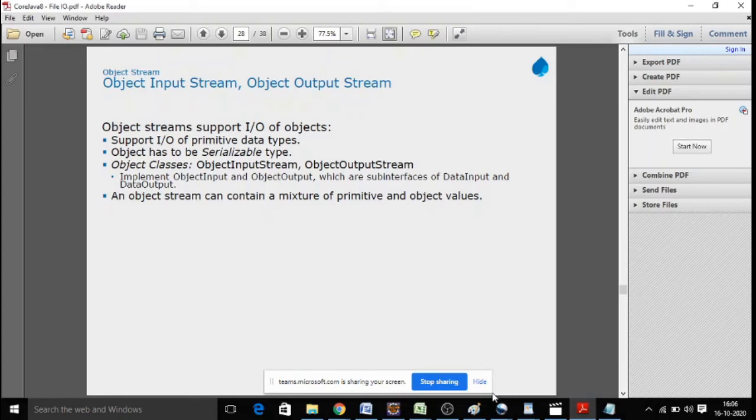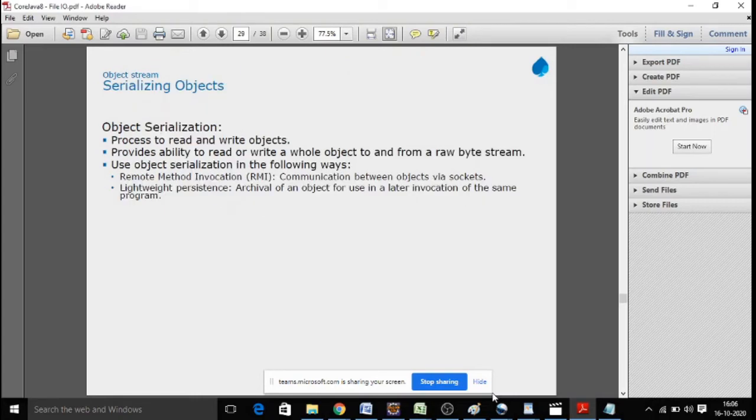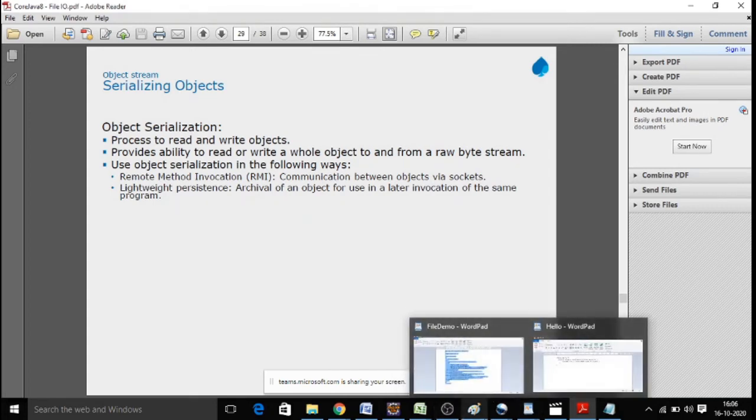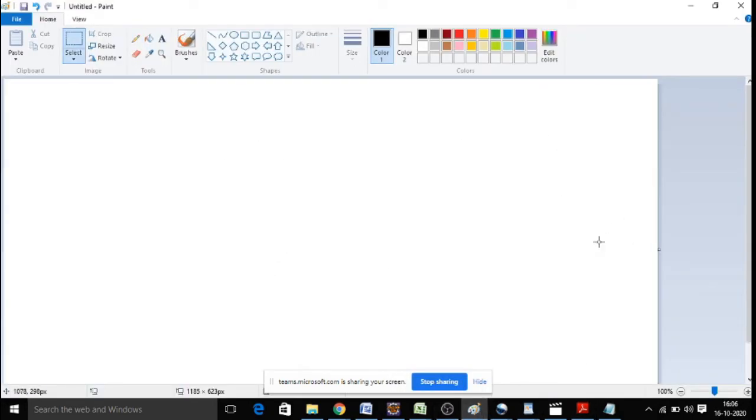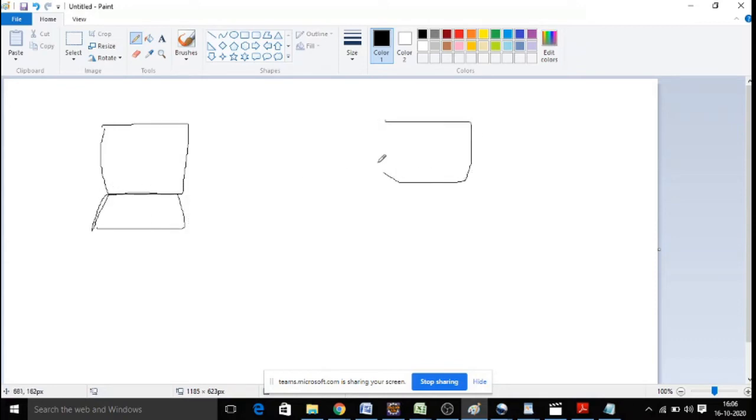Another important feature of IOStreams is called serialization. So observe carefully. What is serialization? Let us say we are working with remote applications, with some remote machine, and our system is purely an object-oriented programming system. When we create an object, it gets created here, called product or employee or customer or scholar. Some objects we are creating, and we are doing some operations with those objects. Now I would like to share my object to the remote system, some other machine. How do I share my object?